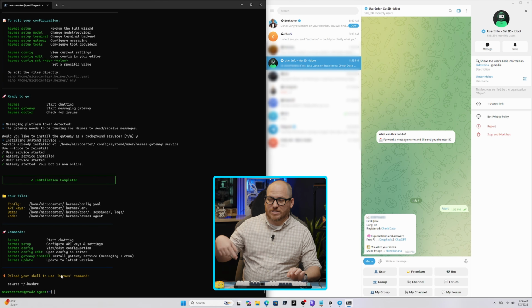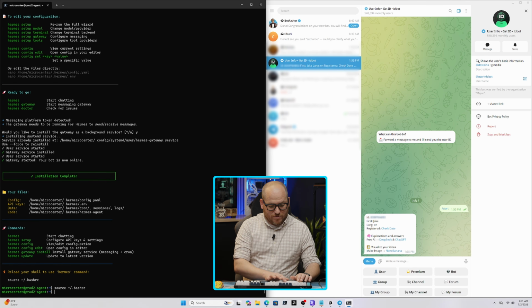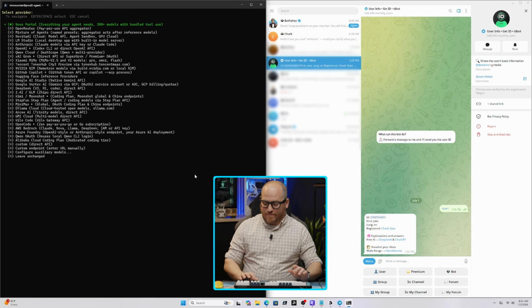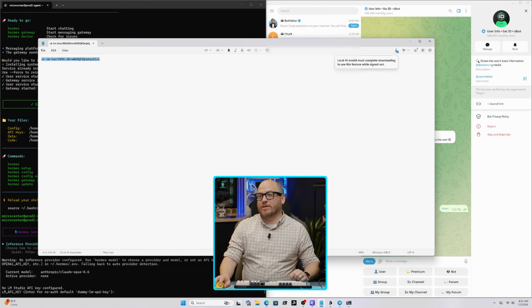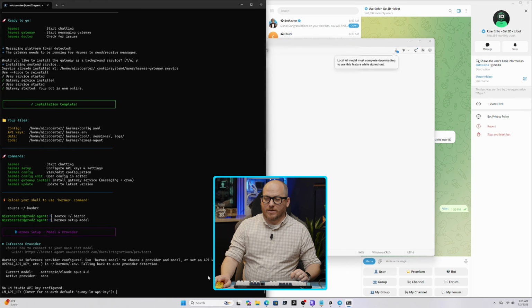Source the ~/.bashrc. So let's go to hermes setup model. It's got that full list of model providers that it supports, including any other custom endpoints that you might have. But LMStudio is fully supported, so let's go down there, hit space, and then we have an API key. So let's go back over to our pad. Copy this, right click, hit enter, and then the base URL is